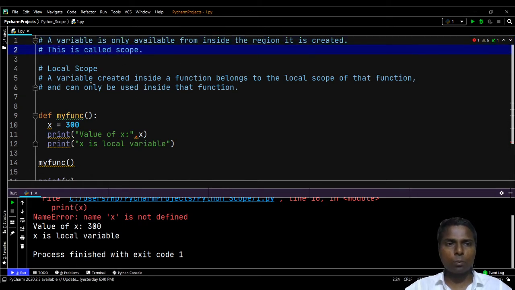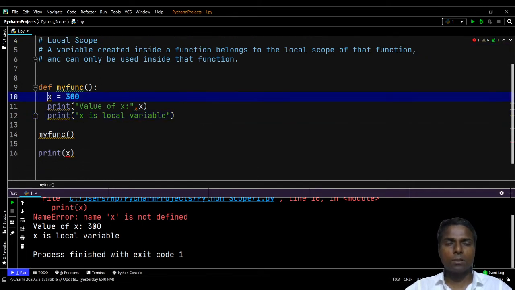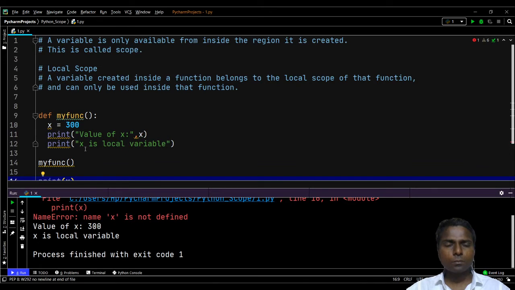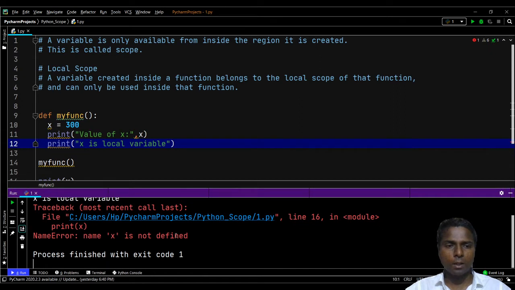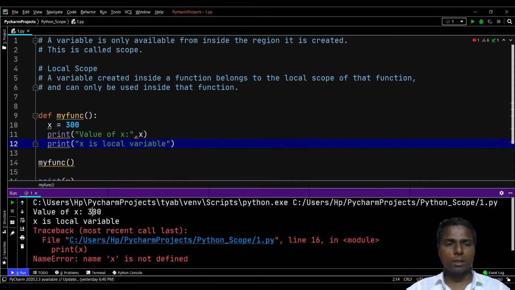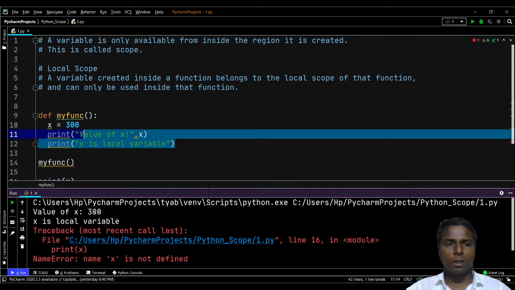Okay. Now let us understand what is meant by local scope. In this example, consider the x variable which we have used in the myfunc function. Its scope is limited. Outside the definition of x, the value of x does not have any kind of significance, because of which the x variable is a local variable here that we can use inside the function only. I'm executing it again, it will throw an error, x is not defined. But the value of x, that is 300, x is local, it will be displayed because of this.